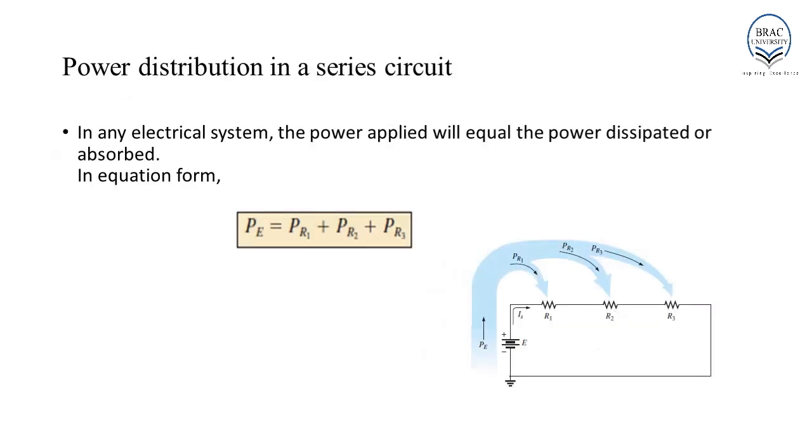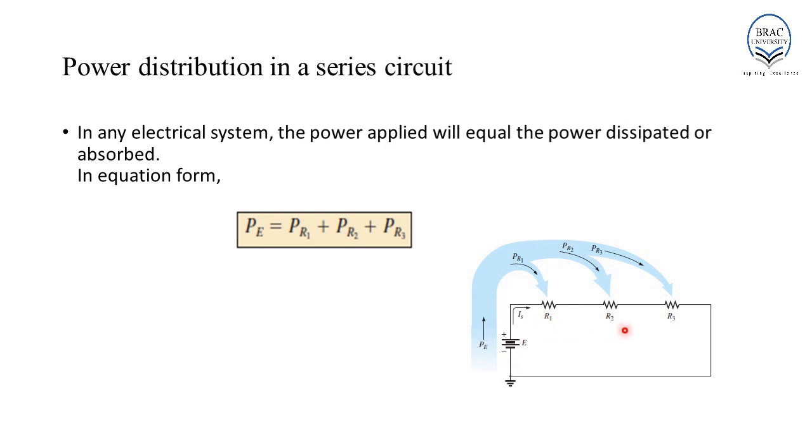Power distribution in a series circuit. In any electrical system, the power applied will equal the power dissipated or absorbed. The input power is always supplied by the source and the power is dissipated or absorbed through the loads. In this case, we have one source which will supply the input power, and over here we have three loads